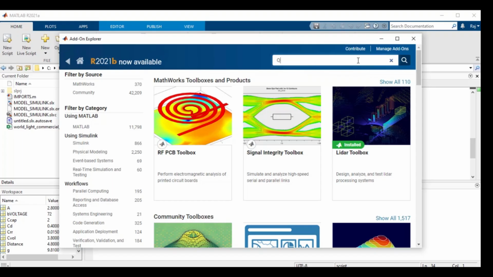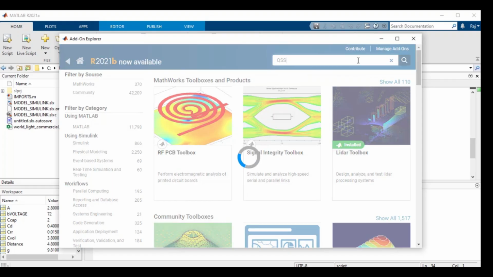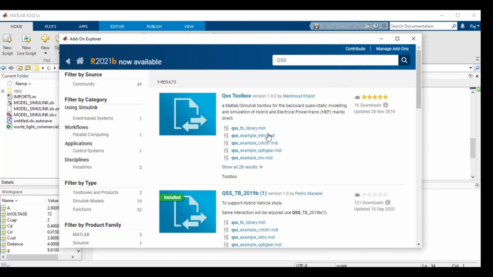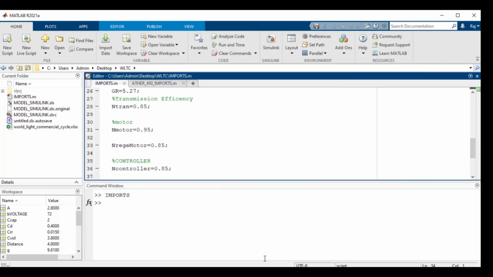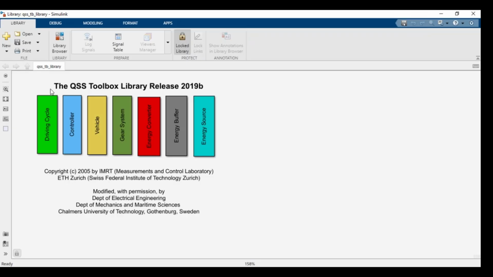Then here I am putting QSS and this QSSTB underscore 2019 1. You have to download it and then you will see this window as the QSS library. So let's study one by one how the blocks are represented and how we can use them in the easiest calculation of